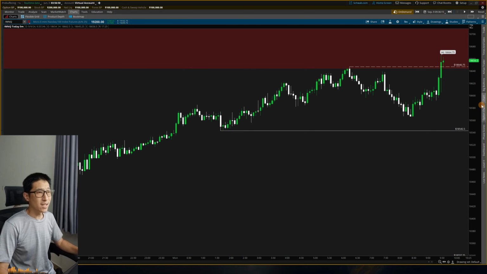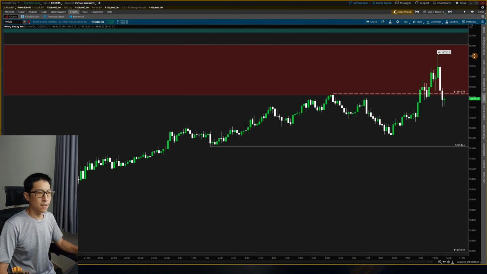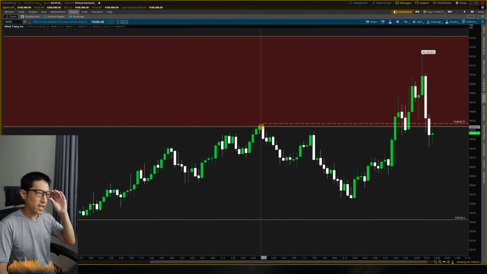If we take it out, I'm not sure where I would be targeting. So I may be done for the rest of the day if we take this out without giving us a setup to get in. All right, so this is a little bit before 10:30. So far looking so good. We are a little choppy in the morning, but we did take out the buy side.